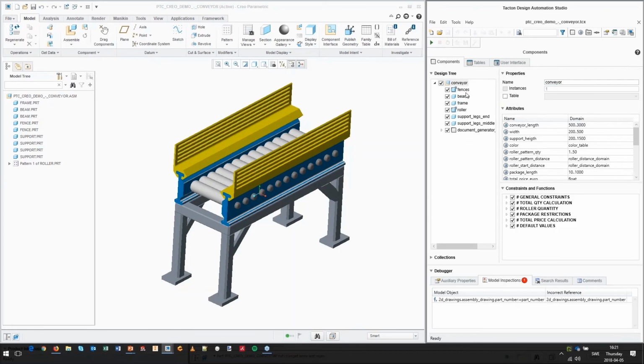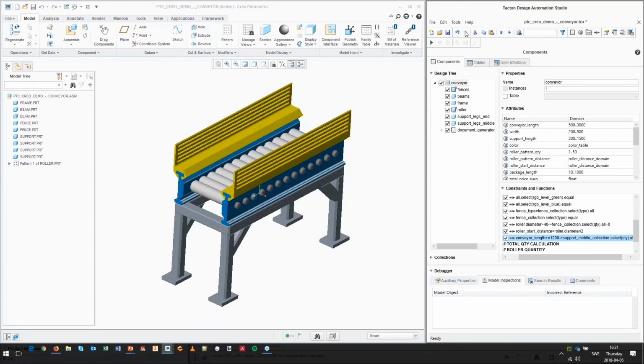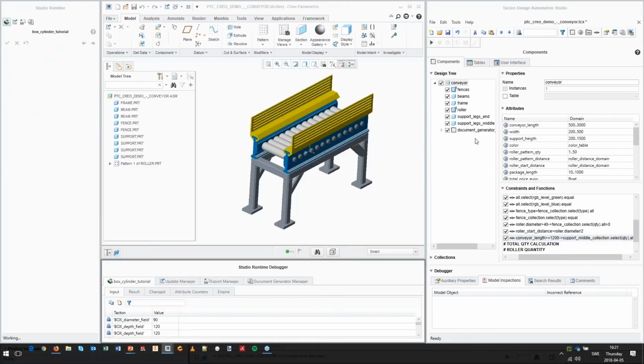Here we see the components of the conveyor, and we have a couple more attributes and a lot of constraints as well. I actually see that we have an error here, so before I run it, I'll fix that. We can delete that constraint. Let's run the model,